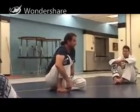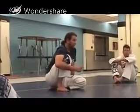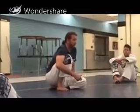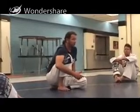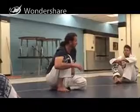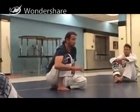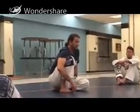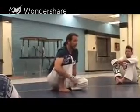Make sense? So let's do this as a call-out drill. One side's going to hold closed guard. Your objective is to break posture, not let them open your guard. The other side's trying to open guard however you want, just like we did when we started. Only I'm going to call out one of the three pressures. You can do whatever you want. You can do an arm bar, hip bump, triangle, scissor sweep. I don't care what you do, or what you're trying to do, or what grip you take. But you're going to be using the pressure I call out. If I say airplane, you're going side to side. If I say up, you go up, so forth and so on. Got it? All right, so put your